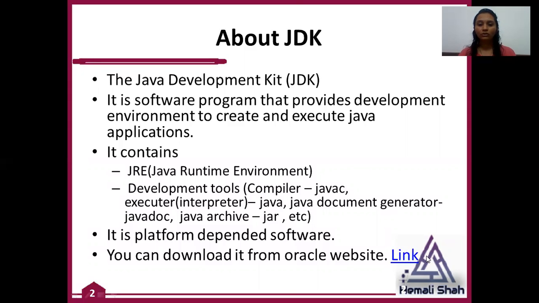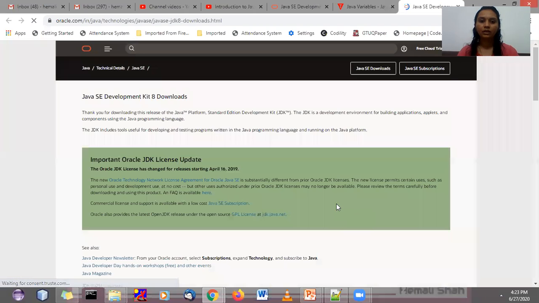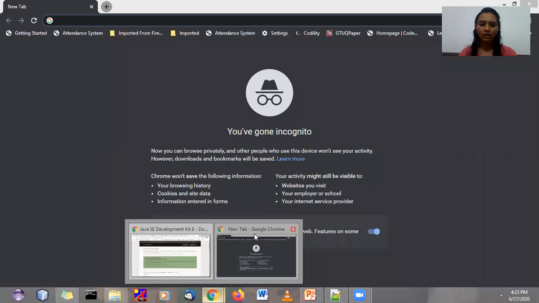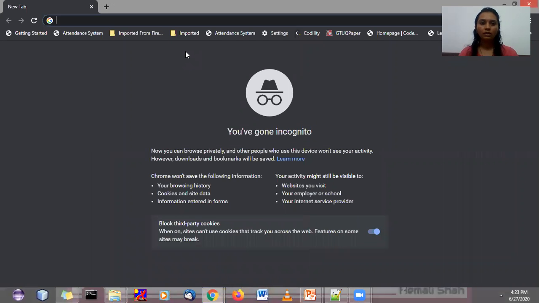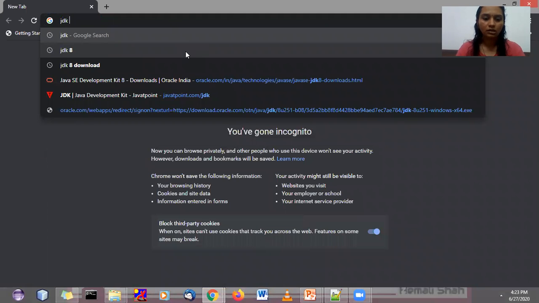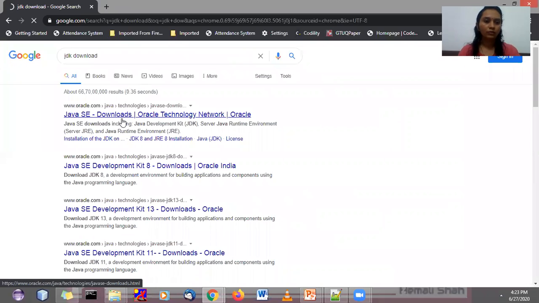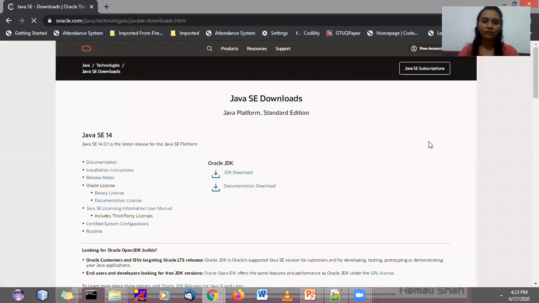Let's download JDK first. Whenever you want to download this JDK, if you don't have the link, you can open Google and type: JDK download. You will get the Oracle website link from which you can download your JDK, right?